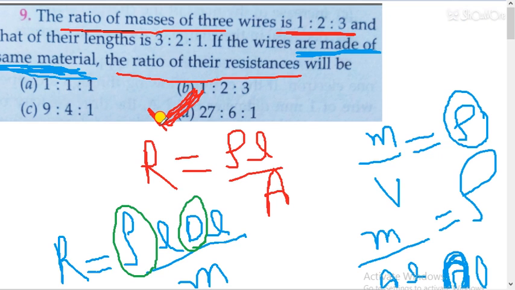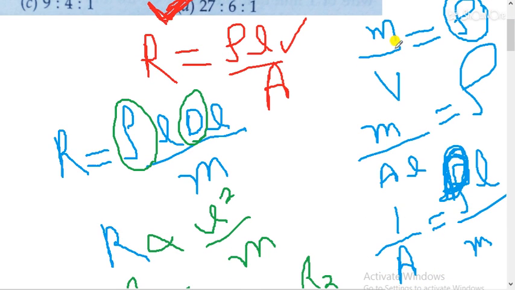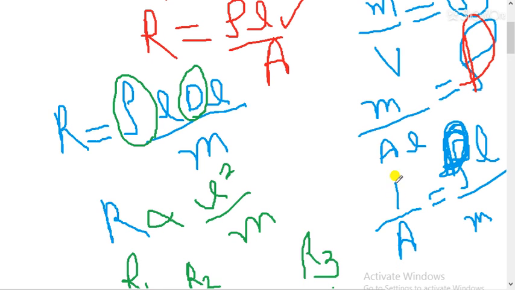Students, what I have to do in this type of question, if this type of question comes in the examination, first of all you have to remember the first formula, that is R is equal to rho into L upon A, this one. Then you have to see in which way we can get this resistance in terms of density. So mass upon volume is equal to density, mass upon A into L is equal to density. So we can write it as D, because two rows will be there. So I find the value of 1 by A. 1 by A is equal to density into L upon M.